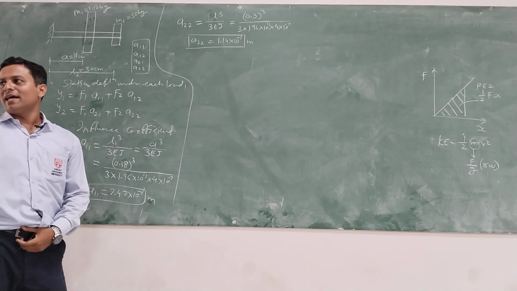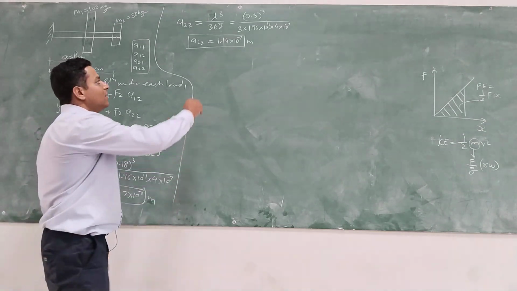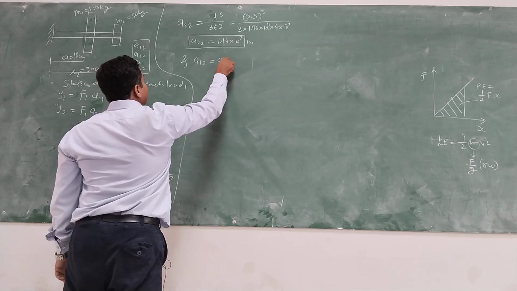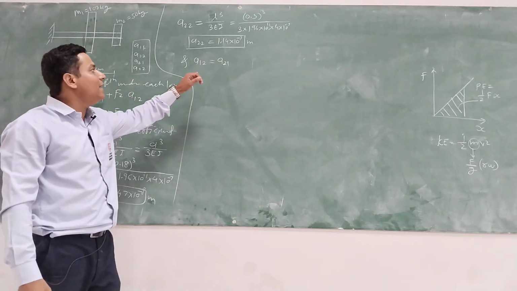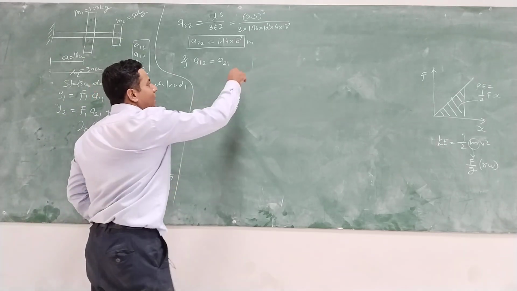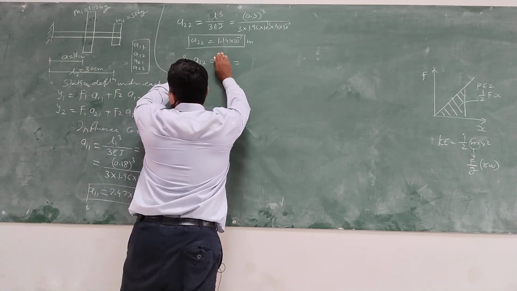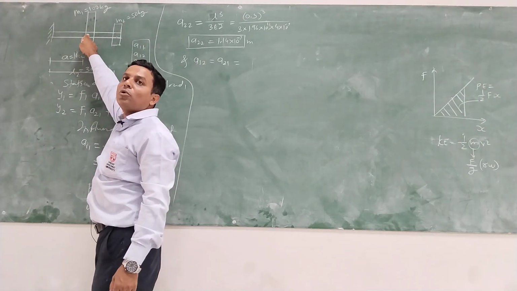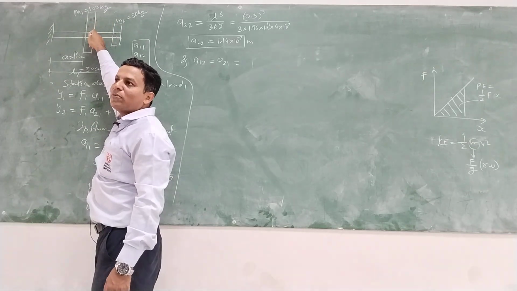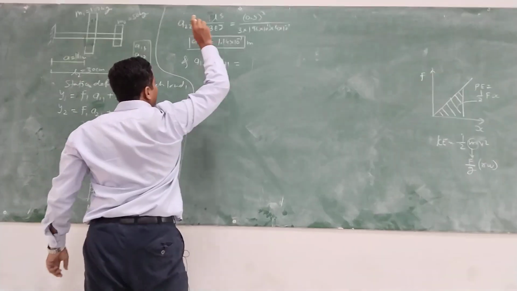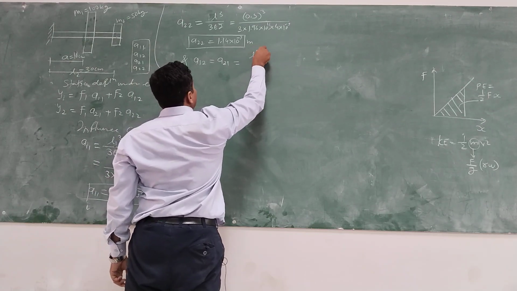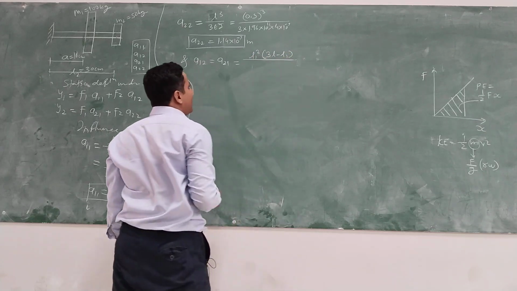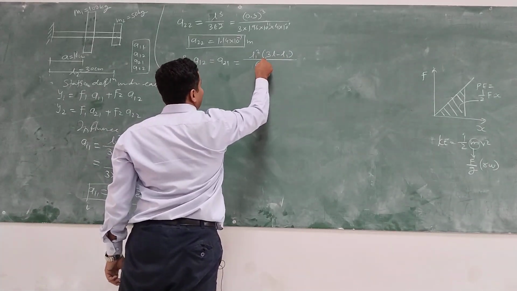The next one is important, children, pay attention now. The third one, that is A12, by Maxwell's reciprocal theorem. You can write A12 equal to A21. Now we'll find A12 means we are going to consider displacement at 1, but we are going to consider load of 2. Displacement at 1 due to load of 2. So for that the formula will be L1 square in bracket 3L minus L1 divided by 6EI.